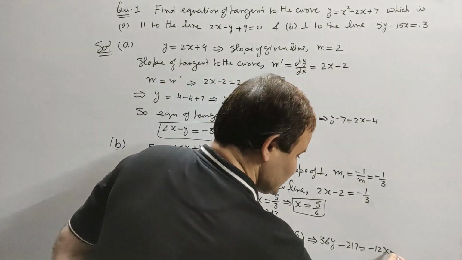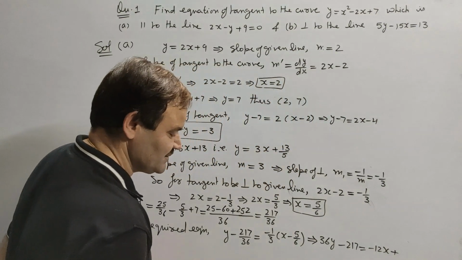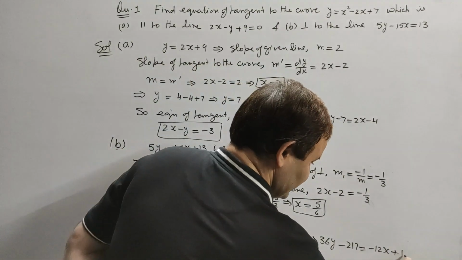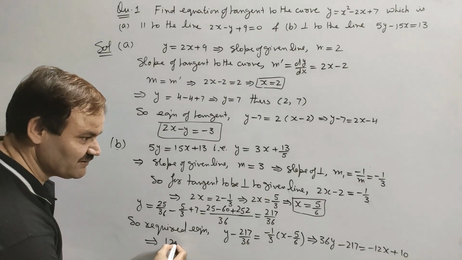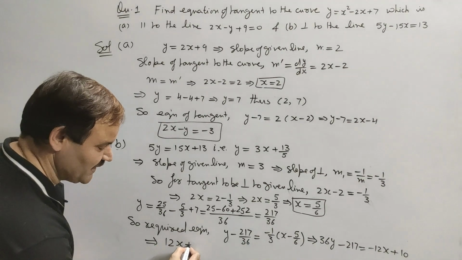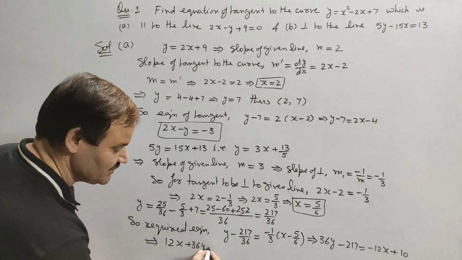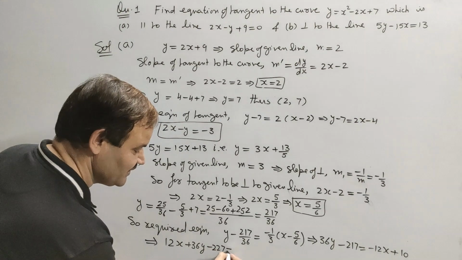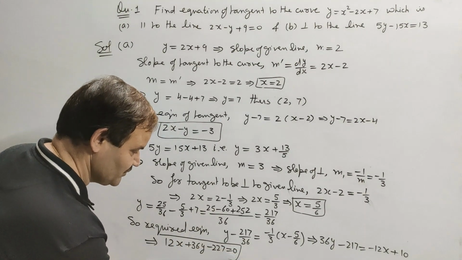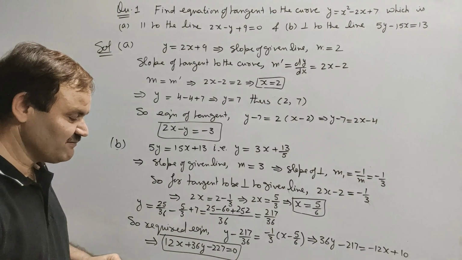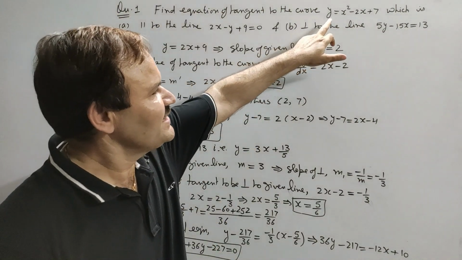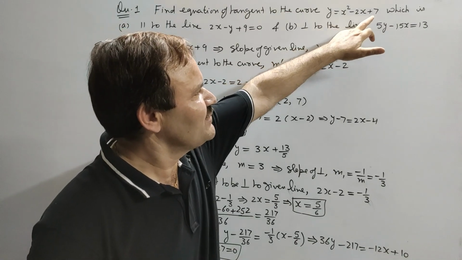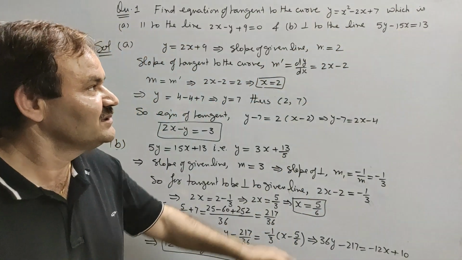and minus minus plus 10. This implies 12x plus 36y minus 227 equal to 0. This will be the required equation of tangent to y is equal to x square minus 2x plus 7, which